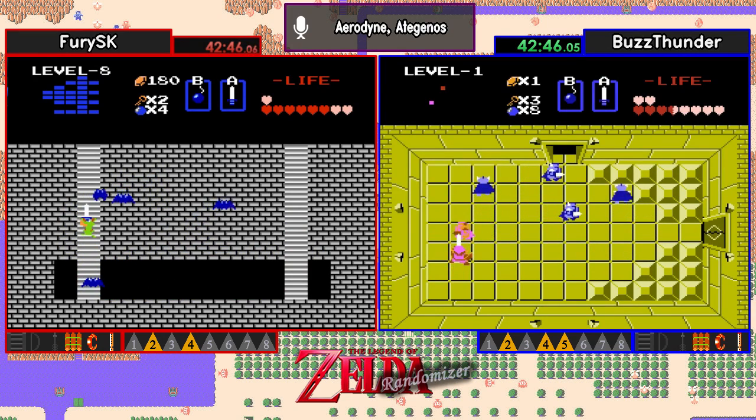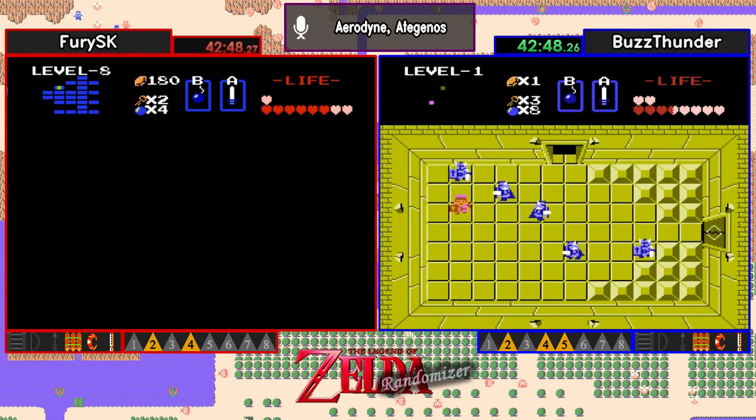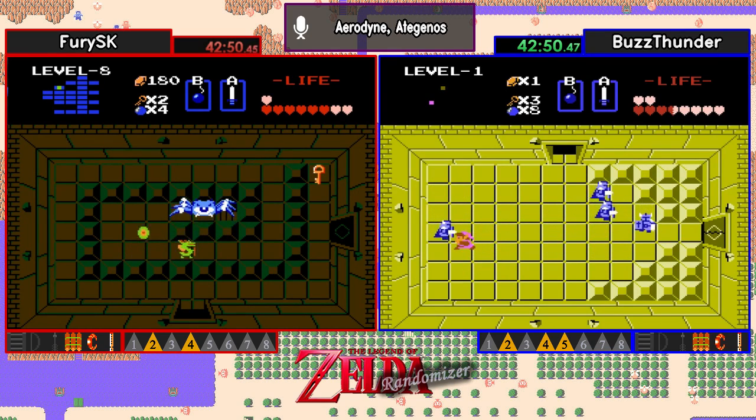Along with it being very dark, usually nuts. Blue ring can be very helpful here. Yeah, this is where that blue ring could pay off. Get dropped inside of a Goma room with a shutter door. Thank you, game. Yeah, but he is going to be able to pick up that key, so...